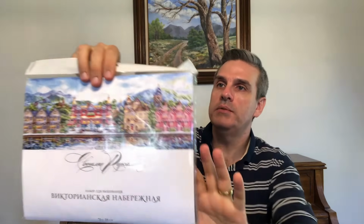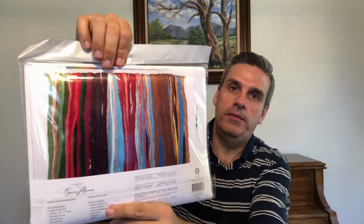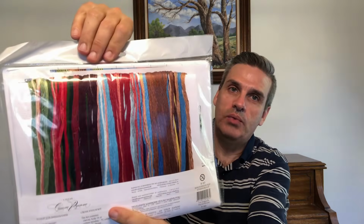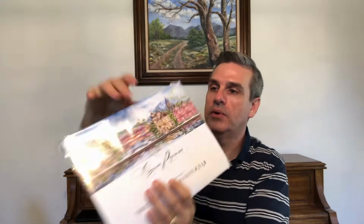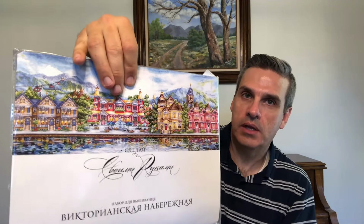And this also comes with 16 count Aida. It looks like the chart is color, and there's all the floss. I really like these colors. They're really, really bright colors, so I'm excited to work on this. And it's basically a bunch of Victorian houses along a riverbank,